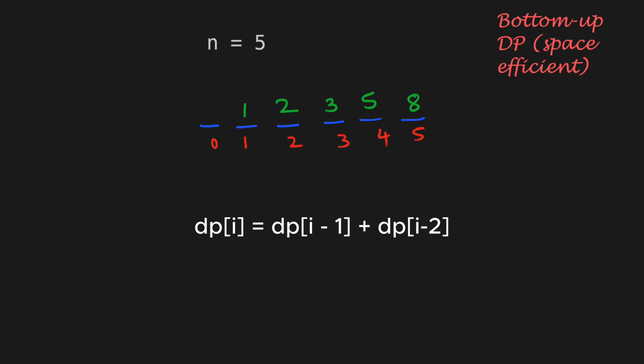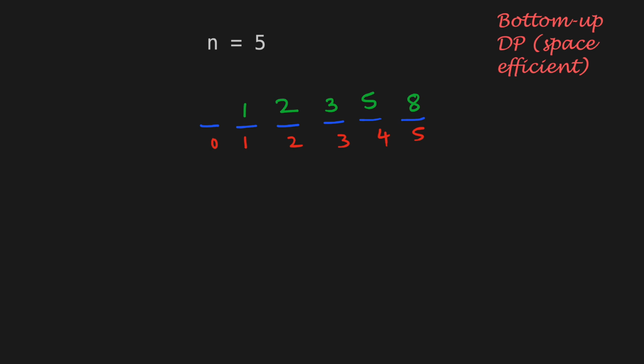If you observe carefully, the recurrence relation for i steps is dp of i is equal to dp of i minus 1 plus dp of i minus 2. We only need the last two values, that is dp of i minus 1 and dp of i minus 2. For example, for i equal to 4, dp of 4 is equal to 2 plus 3 equal to 5. So all the older values beyond that are no longer required in the memory. This allows us to optimize the space complexity by only storing the last two computed results instead of maintaining the